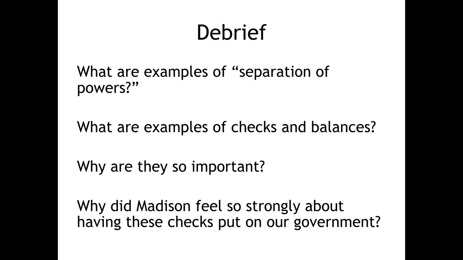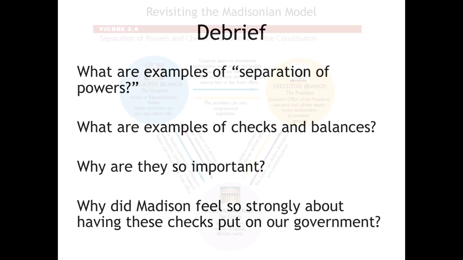It also keeps tyranny from happening, because even though in the 20th century the executive branch has grabbed far more power than probably the founders would feel comfortable with, there's still a process involved, and the executive branch can't tell the other two branches to go take a hike. It all kind of works in somewhat of a balance. And this is why Madison felt so strongly. They dealt with King George III, they dealt with tyrannical government, and tyranny was something that they feared. And by making the government inefficient, it puts the brakes on tyranny. I'm sure Madison probably had some other reasons too, but for me, it is about tyranny.